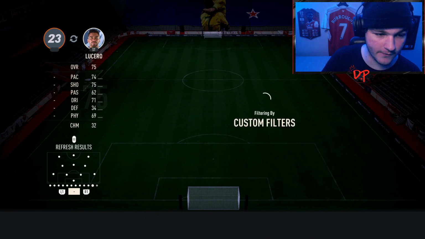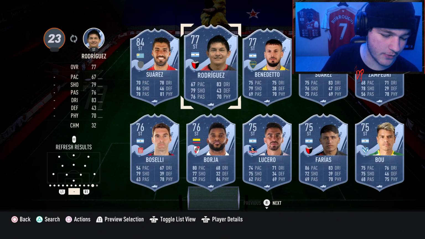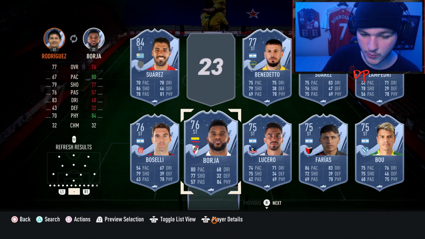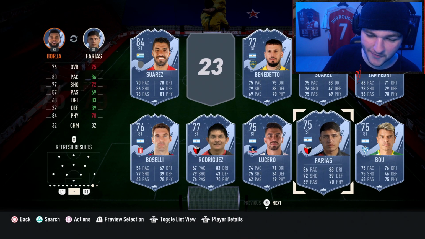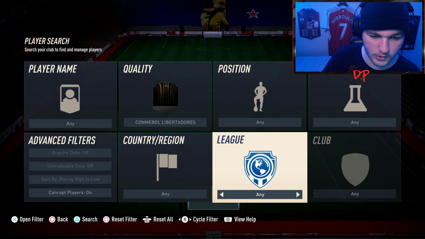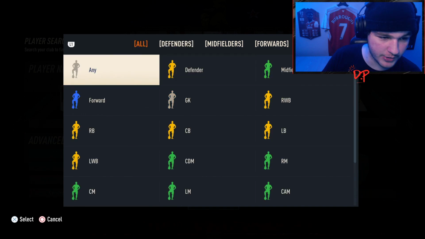So if we go ahead and look for a striker, Rodriguez, oh no, we don't want to go Rodriguez actually, he's not very fast. You know what, we'll go for Borja, and as well, no, I keep changing my mind. We're going to go for Farias, because he's fast with good dribbling. And then we'll also just go for, we'll make it easy for ourselves, and we will just go for a